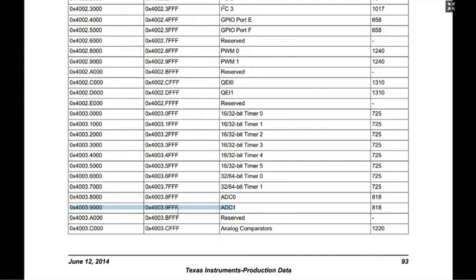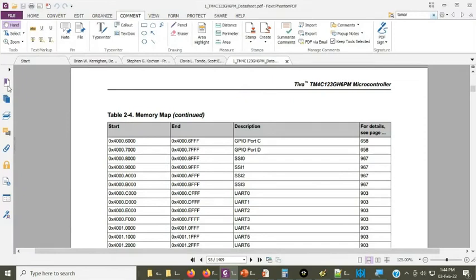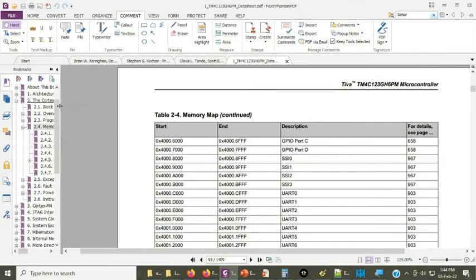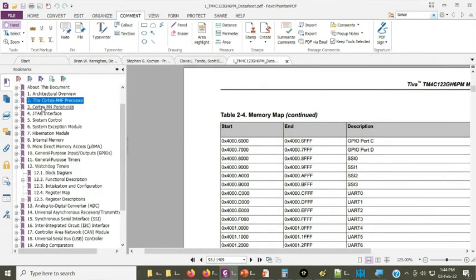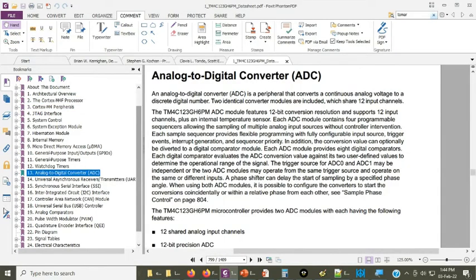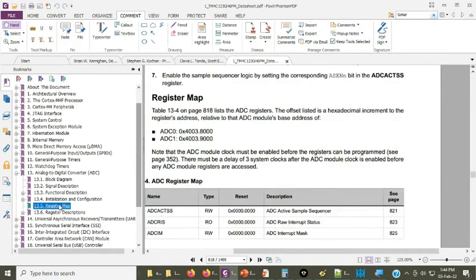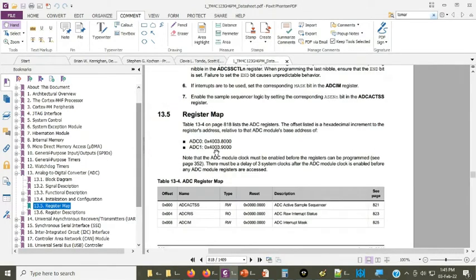We can reach these numbers in an alternate way also. Like I told you, go to this section. If you are not always interested in opening the microcontroller's whole memory map, come down. Here you can see ADC, right? Click on that, come down, register map. So you can see the starting address 4003 8000,